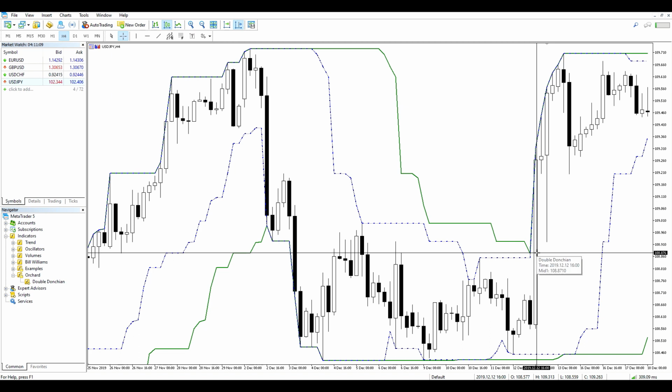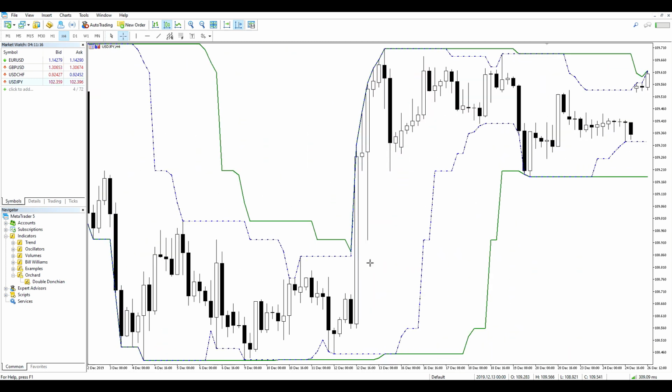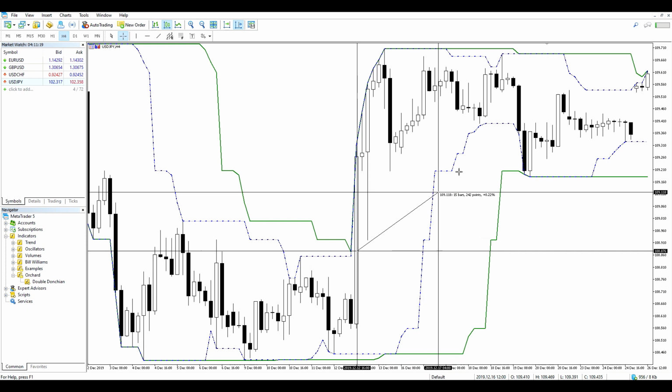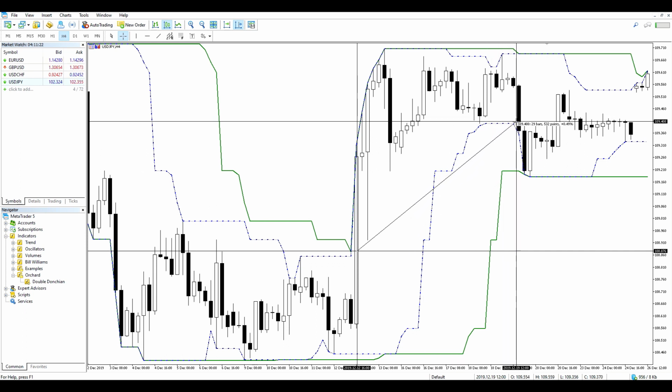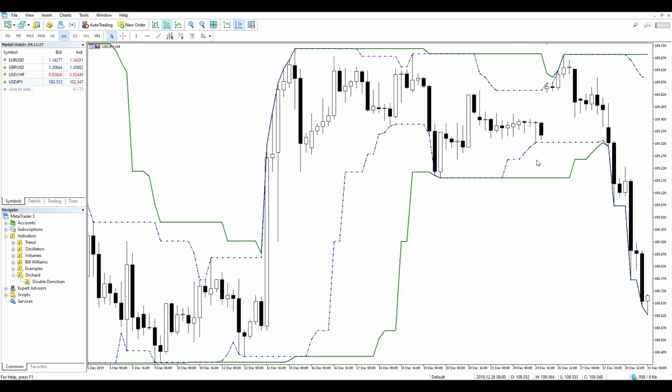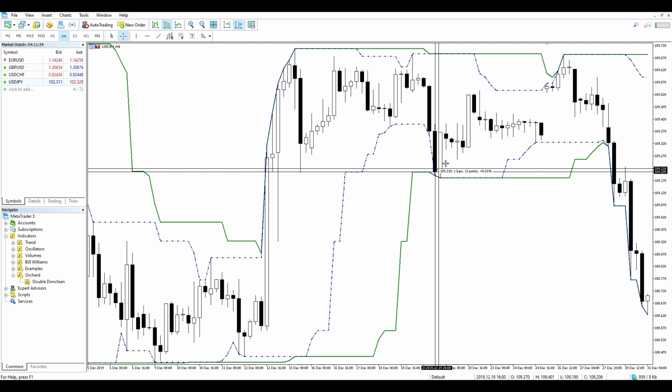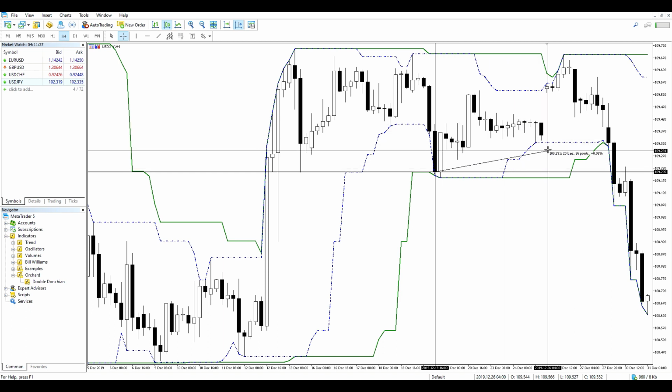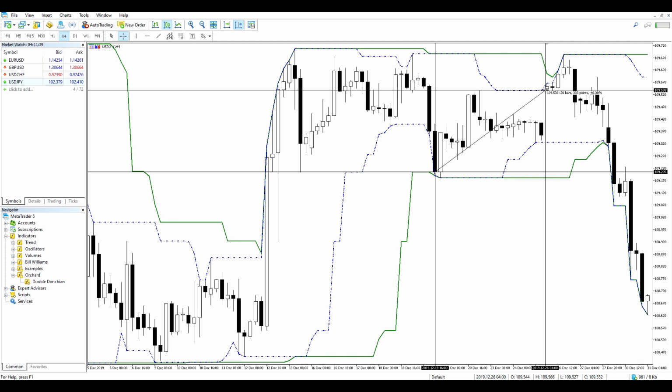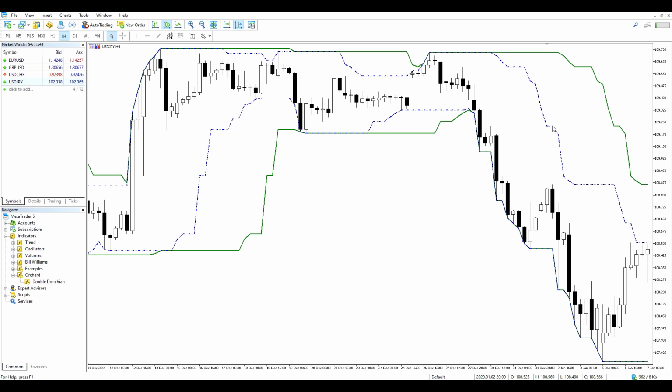Then another buy trade here where we broke through the upper 24 period channel, and we would have held that until breaking the 12 period channel there for a profit of 526 points. Here's another losing trade. We would have entered a short trade there,